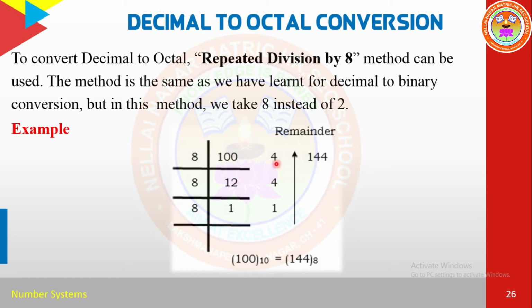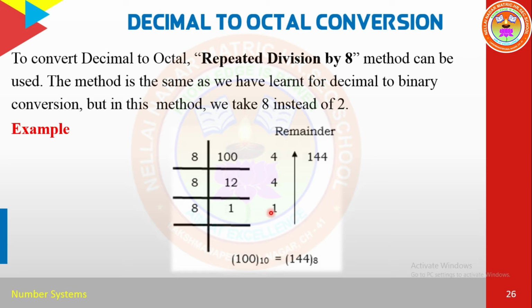Understood? All right, the next step, 8. Here the last number is 12. Now divide by 8. How many times? 1 times 8 is 8, balance 4, so I put that here. For the next 8 we can't put anything, because the number is smaller than 8, so we cannot divide it. We just stop the execution. Now take the remainder values, 1 4 4.